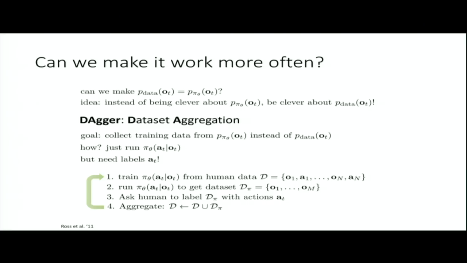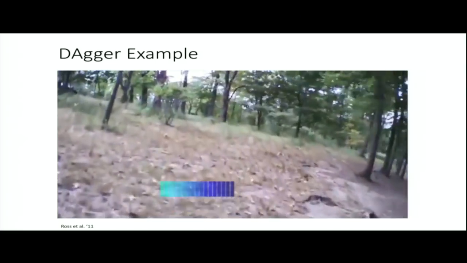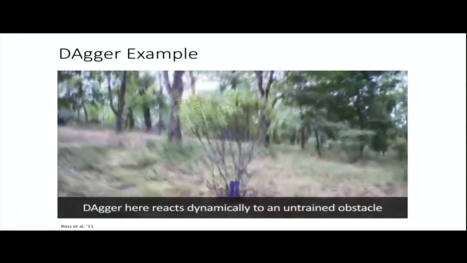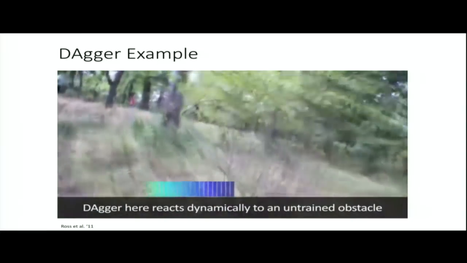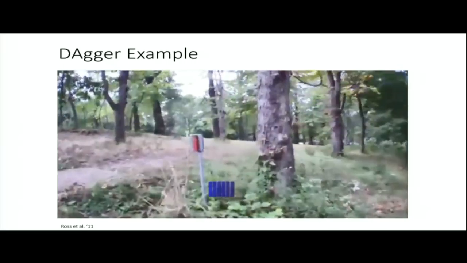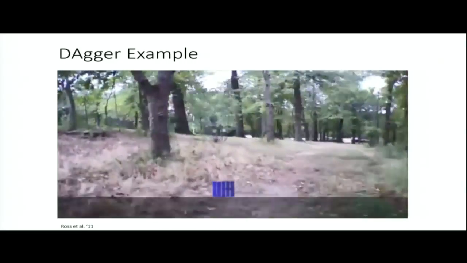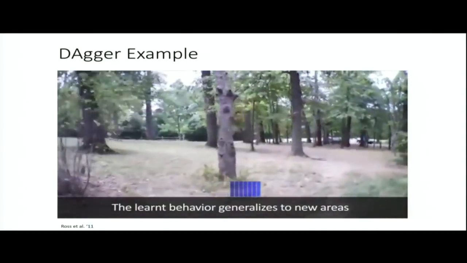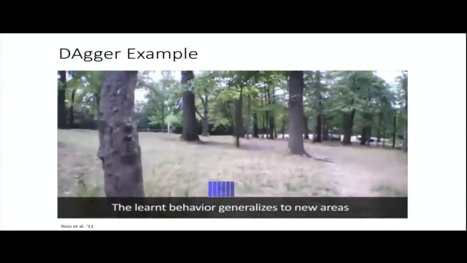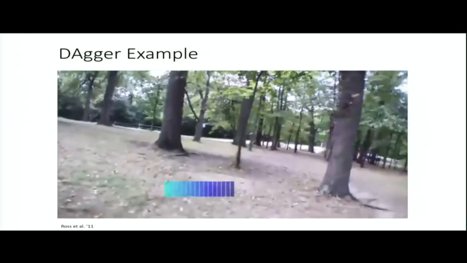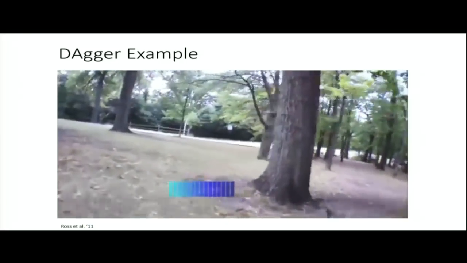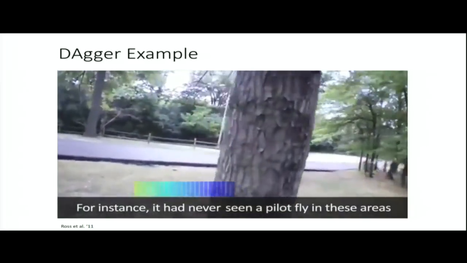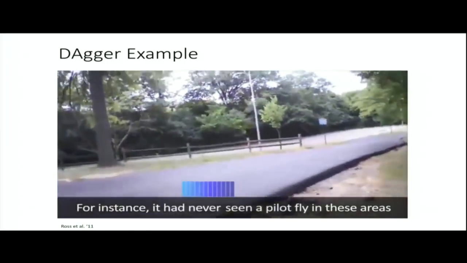Okay. So here's an example of this algorithm called Dagger. This is a first-person view from a drone, and this drone is navigating around trees. The drone was trained using Dagger. First there was a little training set that was demonstrated to initialize the network, and then it flew itself around these trees, and a person went in after the fact, relabeled those images with the appropriate labels, and then the system was retrained and it repeated the process. And you can see it flies around trees here.